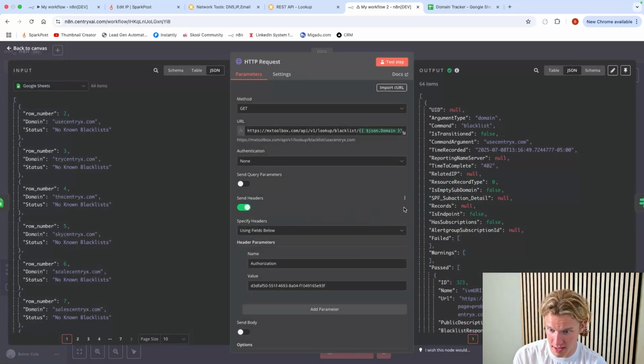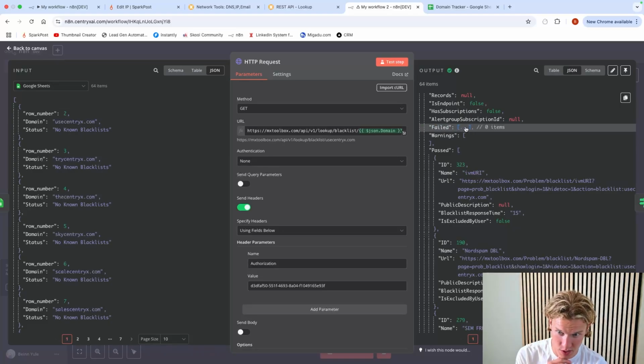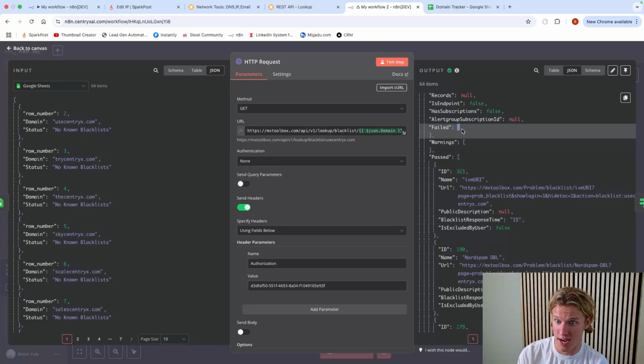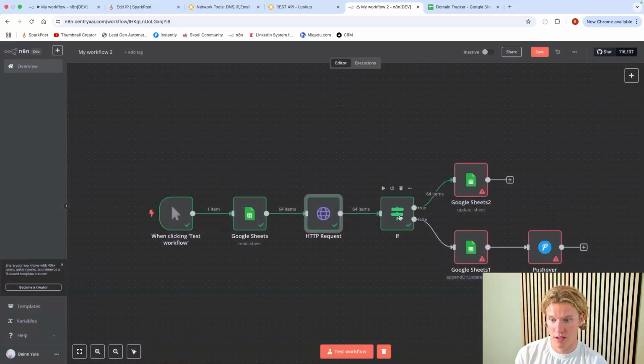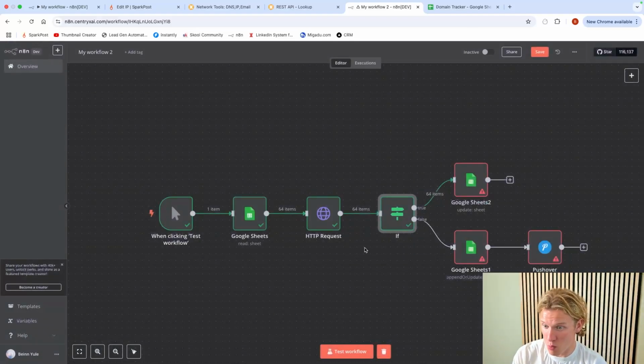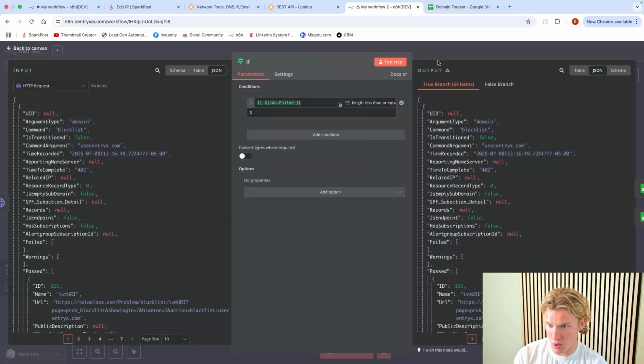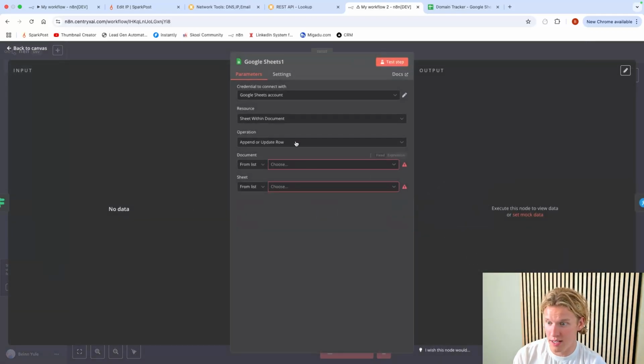And if the array in here, just so everyone understands, if this array, you can see it's an array from this, right? These two brackets means it's an array. It's clearly empty or null, so nothing's in there at the moment. But if it's basically greater than 0, so if there's one thing in there, that one thing will go down here and it will update and it will say,